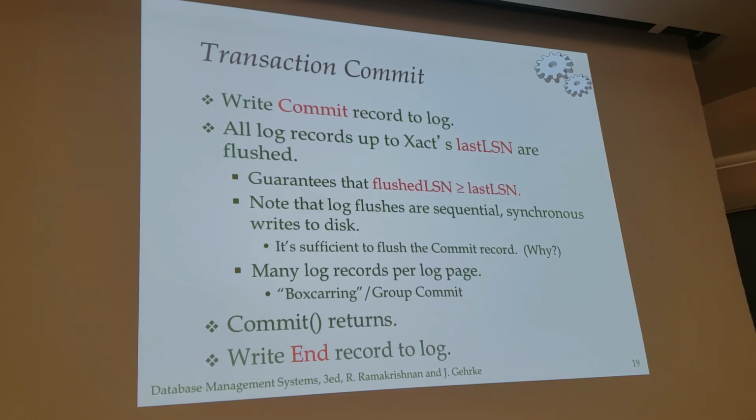I can do the following game, especially when I have blocks in my log that are bigger than 4K. I can't tell a user that his or her transaction is committed until the commit record, and of course all the log records before that has been flushed. I can delay a little while before I flush that block. Don't want to delay too long because people like getting responses that the transaction has been committed. But I can trade off, believe it or not, better throughput for slightly longer response time, slightly longer latency. And here's the game. I will wait